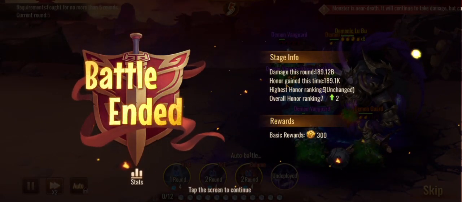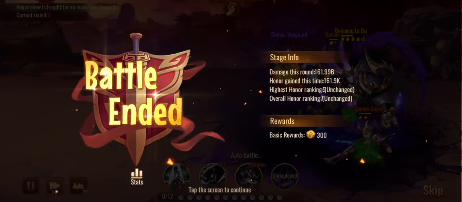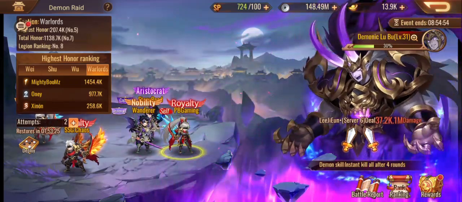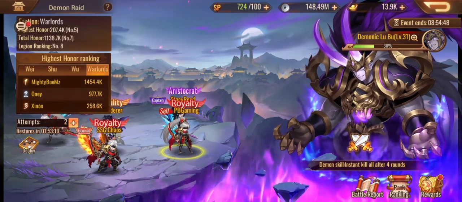189. That's the lowest we got, man. Game, why are you doing me like this? Giving me this bad RNG. Could be because we don't have enough enemies to fight. Yeah. All right, so that's something you need to factor in. The fewer enemies you have to fight, the less damage overall that you can do, particularly with AoE